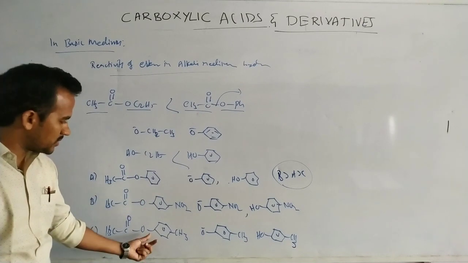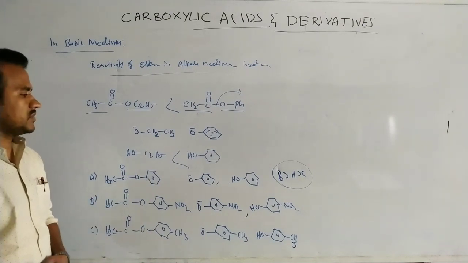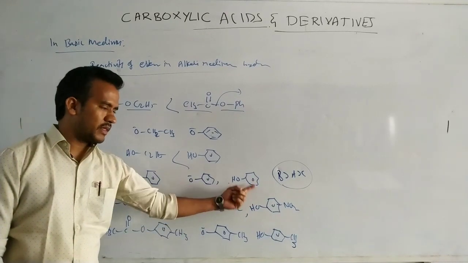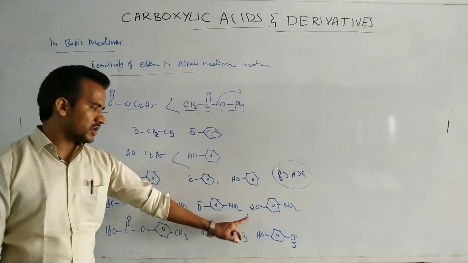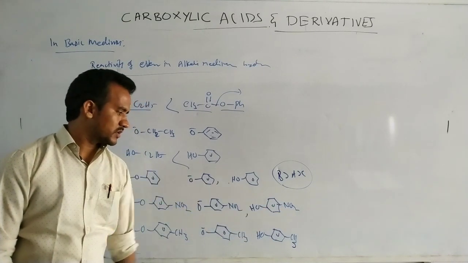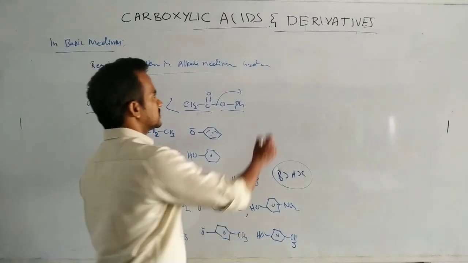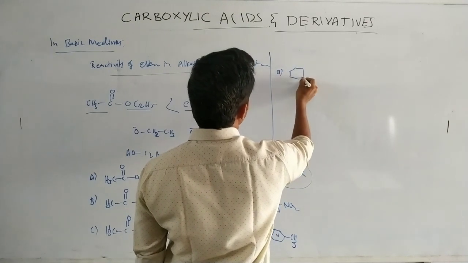Okay, the leaving group must be a weak base. Weak bases are the good leaving groups. So reactivity is decided by considering the acidic nature of the corresponding compounds: stronger acid because of the withdrawing group, weaker acid because of the donating group. Okay. So that's it.